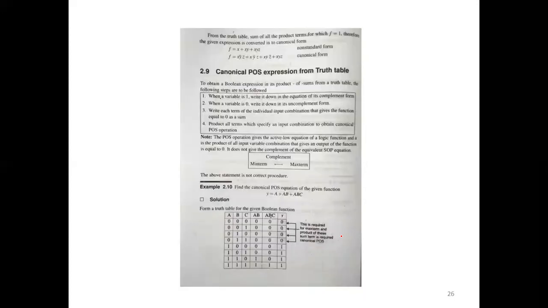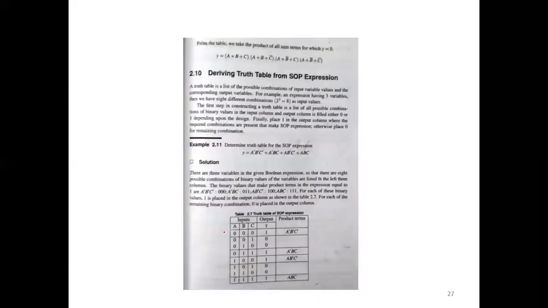So we can define the non-standard form, and the canonical form we can convert from the condition. The same way, we can get the canonical form using the truth table also. Here they are using ABC: we give ABC as inputs for the three variables, then calculate AB and ABC, and finally you get the output. For max terms you get the zero values. If the value is 0, you can easily define the output.